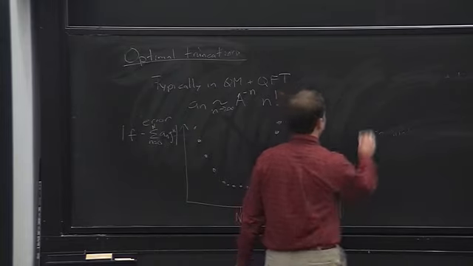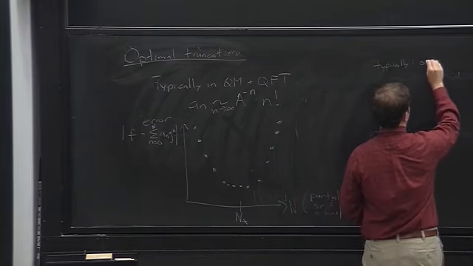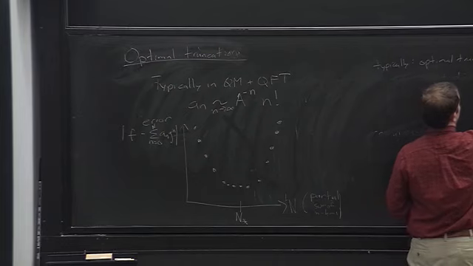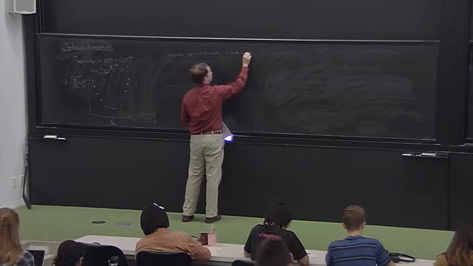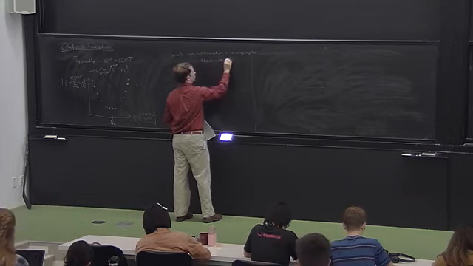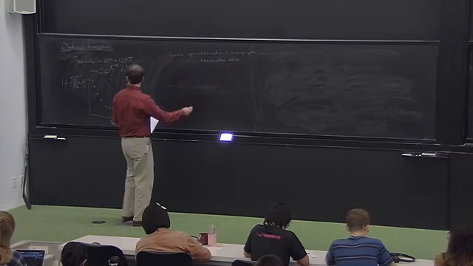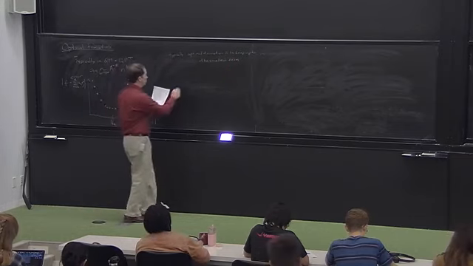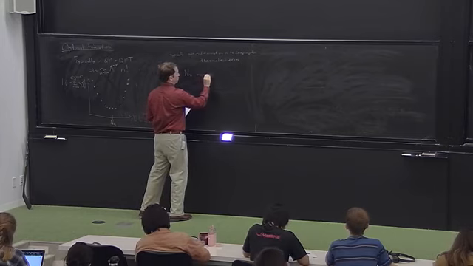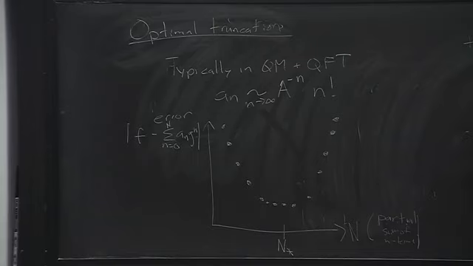It's typical that the optimal truncation is to keep terms up to the smallest term in the series, which, if the coefficients grow like this, means that n star minimizes the term a to the minus n times n factorial times g to the n,